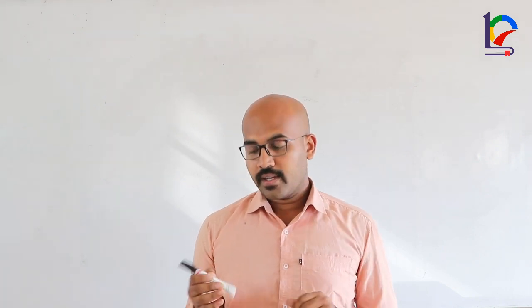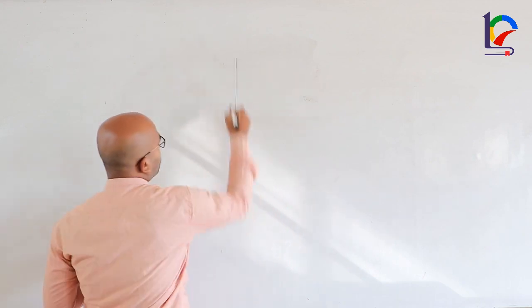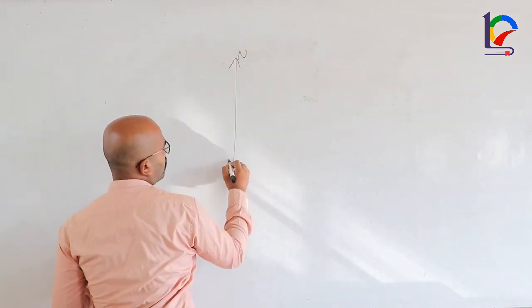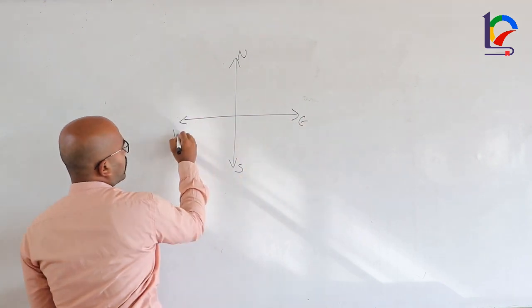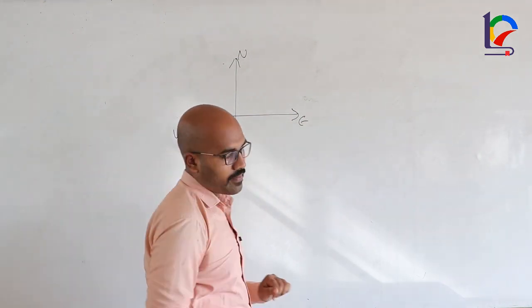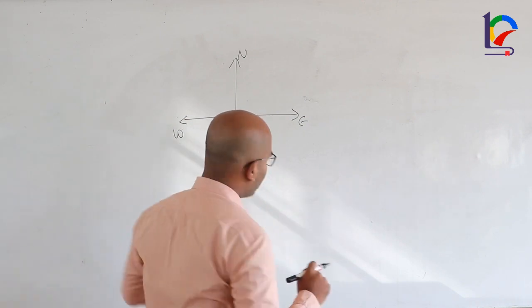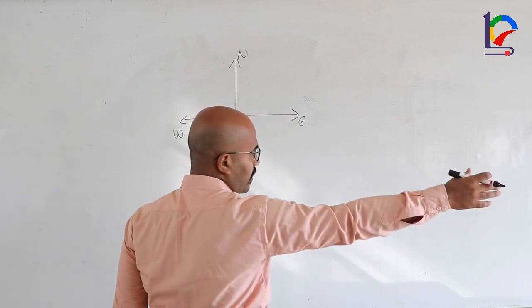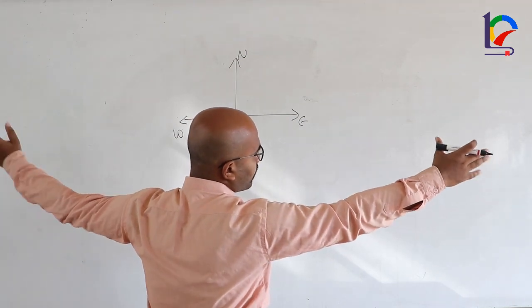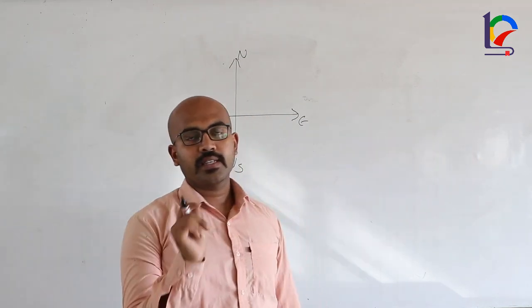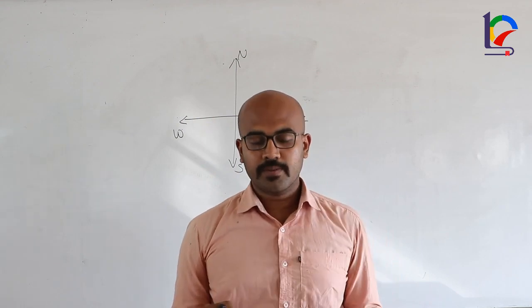As we saw yesterday, and as we all know, there are basically 4 directions: north, south, east and west. As I told earlier, if I am facing north, my right hand would point towards east and my left hand would point towards west. With this in mind, let's solve some of the problems.